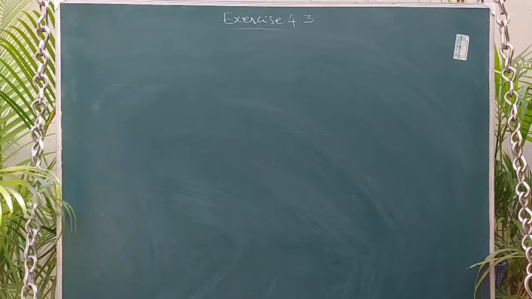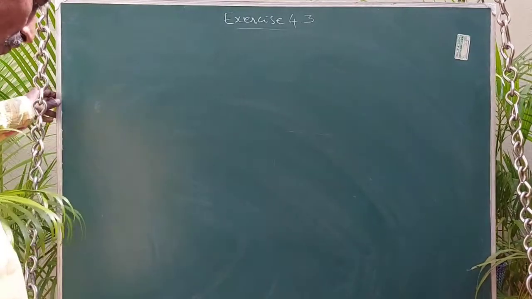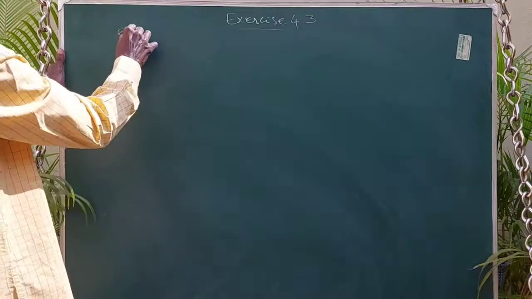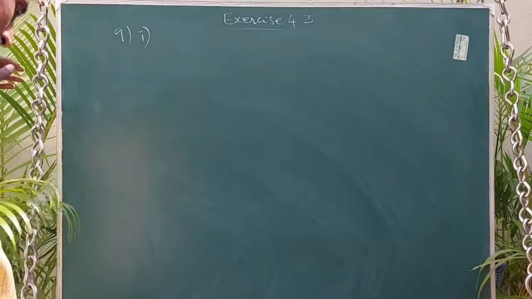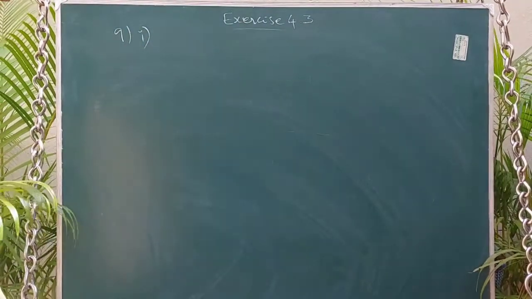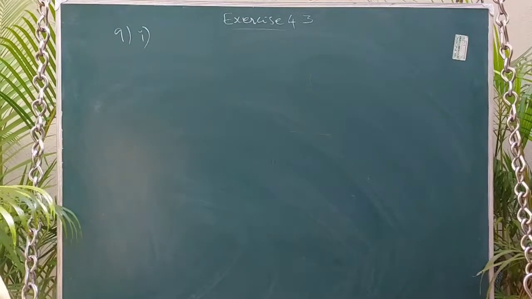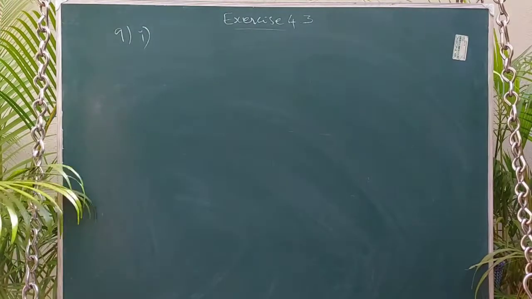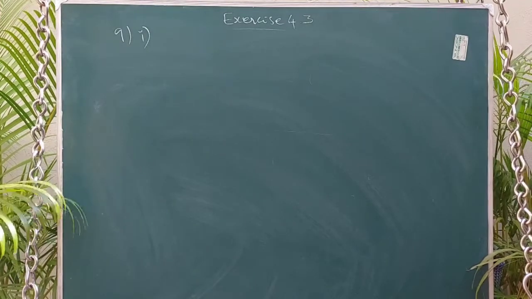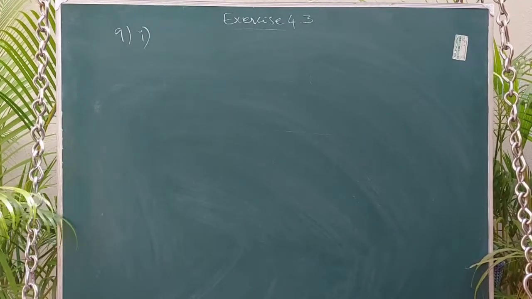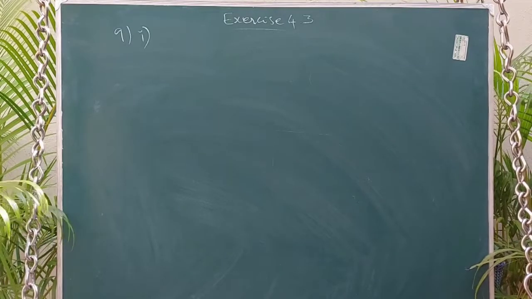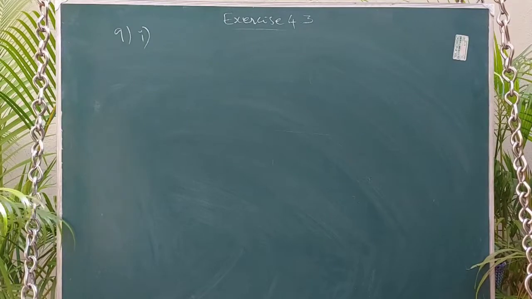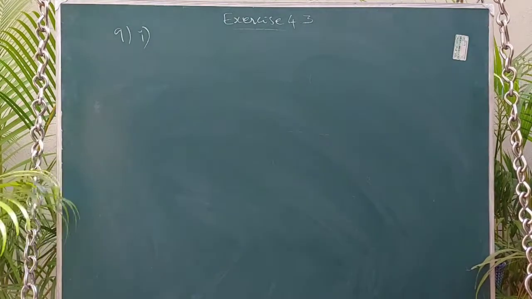Question number 9. My dear student, there are 5 subdivisions. The first subdivision is: a Kabaddi coach has 14 players ready to play. How many different teams of 7 players could the coach put on the court? Now listen, my dear student. Our aim is to select 7 players out of 14 players. Obviously this can be done in 14C7 ways.